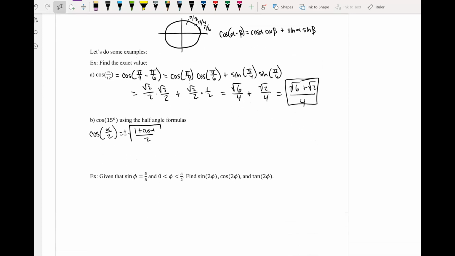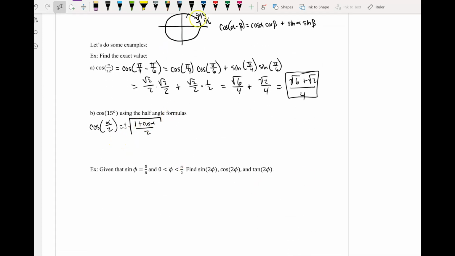Now remember, what we really want is to reduce this cosine of 15 degrees into an angle that we know, and we divide by 2, and that will give me 15 degrees. So the only number that I can divide by 2 to get 15 is 30. So we're going to let alpha be our 30 degrees. This alpha is just going to be this 30 degrees. So then I'm going to get the plus or minus square root of 1 plus the cosine of 30 degrees